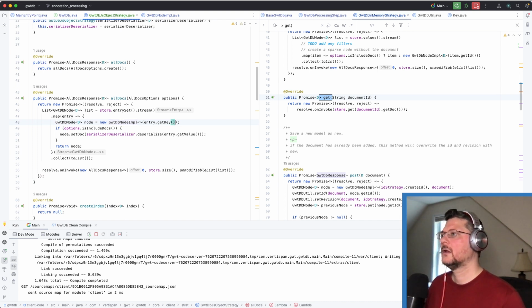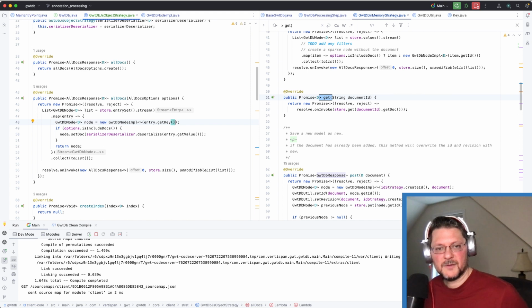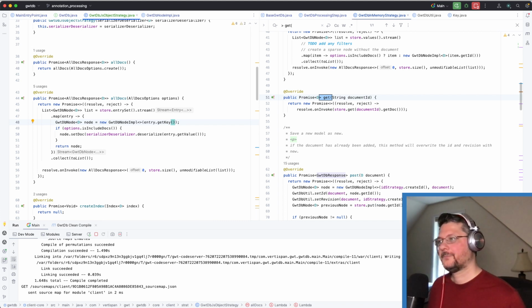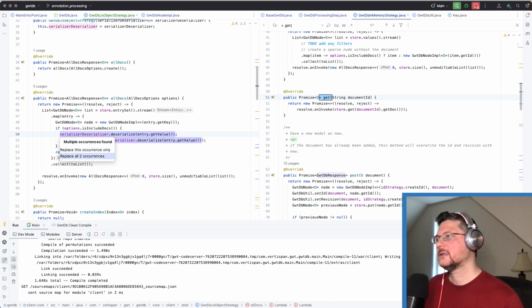And over here, we can do, no, we're not going to have the revision ID unless we include the docs, right? Well, that's kind of unfortunate. I might end up having to do something a little bit different with the key, so that it'll at least have the other revision ID in there as well. But for now, let's just